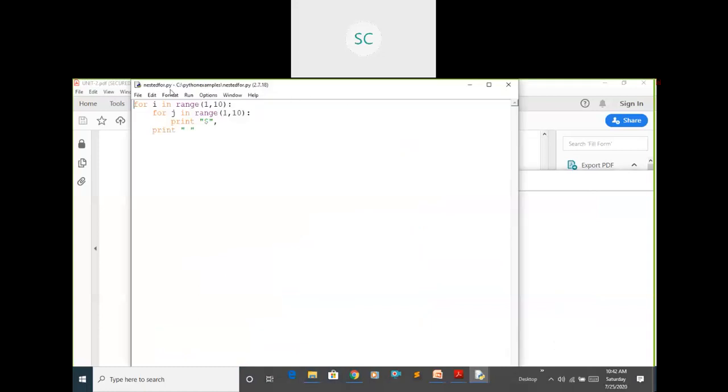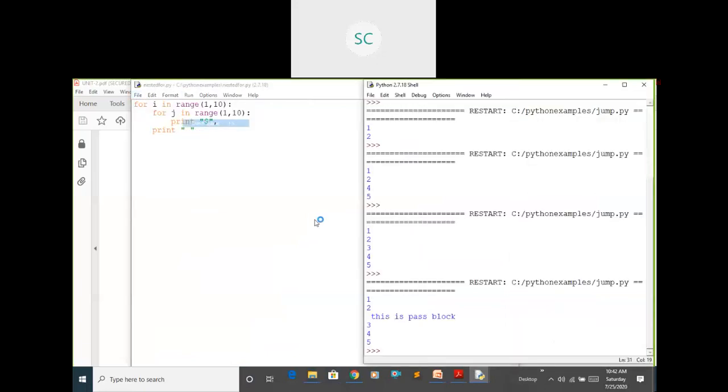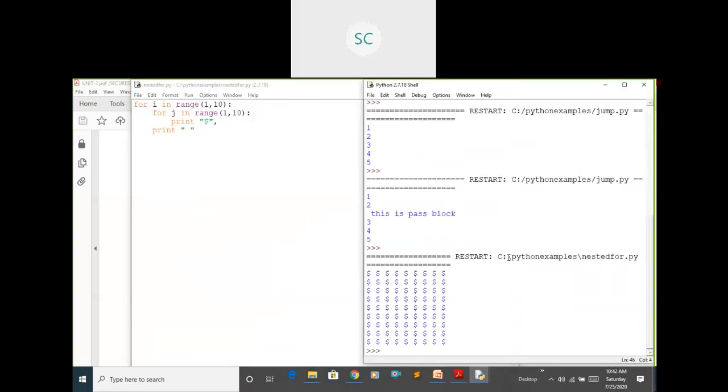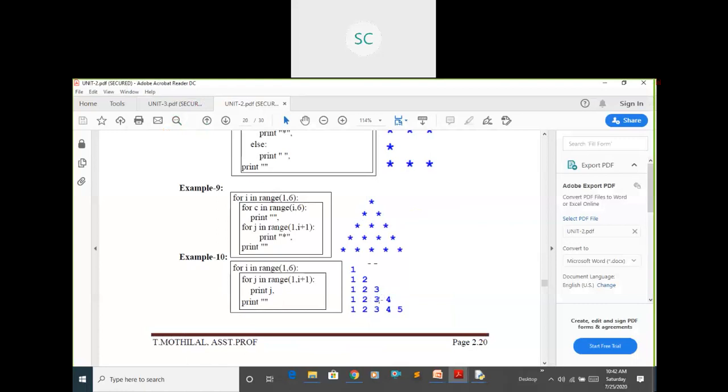This one we tried previously, right? Just execute once. What is the output we are getting? It is printing all the dollars in the output. Instead, I required this one. Observe here: for i in the range 1 to 6, I need to repeat that outer loop up to 6.